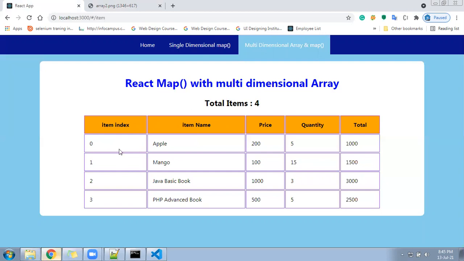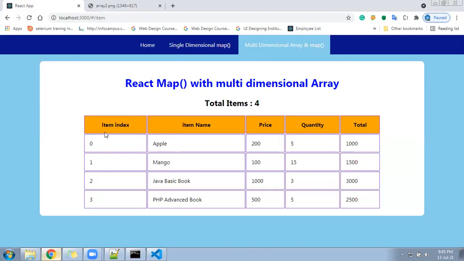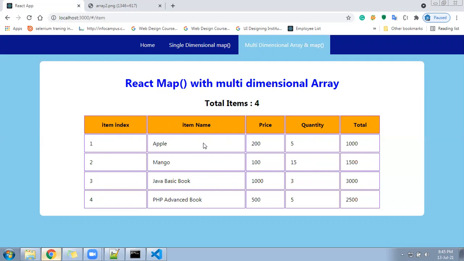And after that, in case in your mind there is a question, this item index is coming 0 1 2 3, can you make 1 2 3? Yes, of course we can do. Item index is coming here, do plus 1. So item index plus 1, what will it give? It will now give 1 2 3. It will not give you 0 1 2 3. See, coming 1 2 3 now. Our target was here, and this is what we have received, right? Hope you understood the flow.